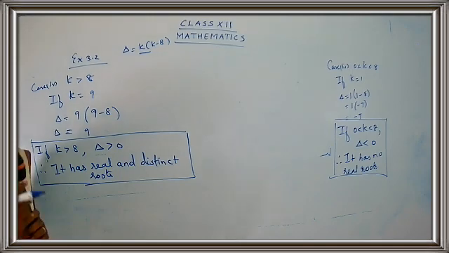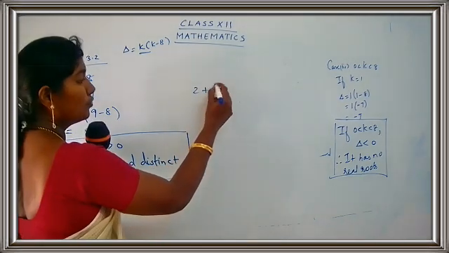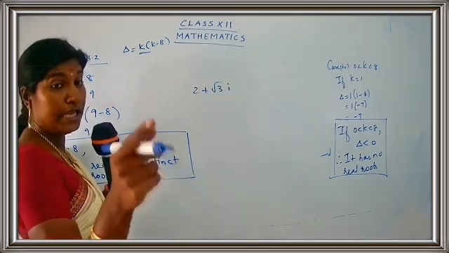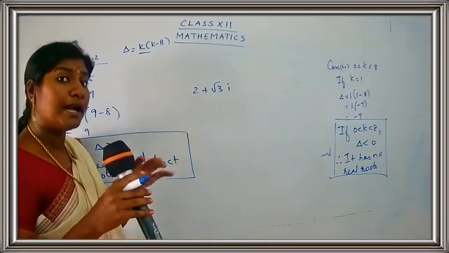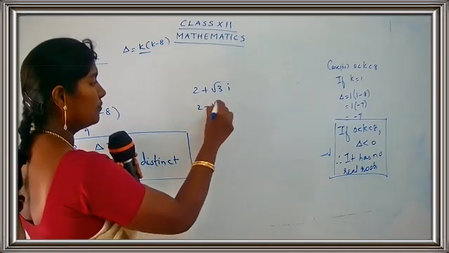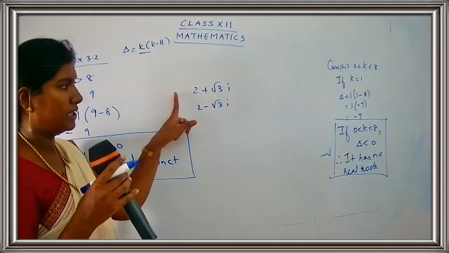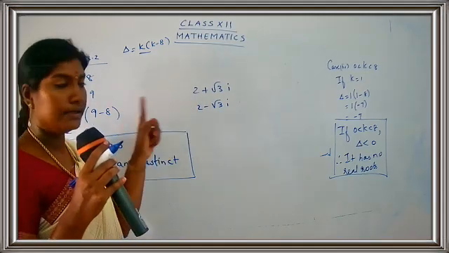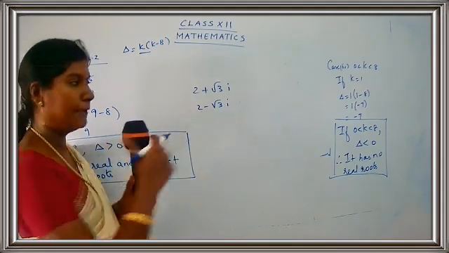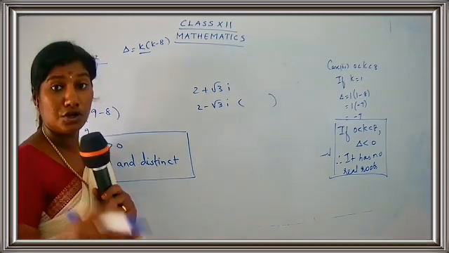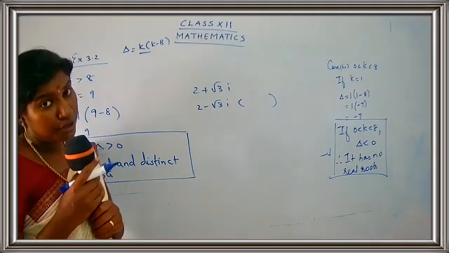Yes. So what is given to you? 2 plus root 3i is a root. So if this is one of the roots, what will be the other root? The other root will be 2 minus root 3i. So you can say one root is 2 plus root 3i, and the other root will be 2 minus root 3i. You can mention the theorem here: complex conjugate root theorem. I'm just giving you the hint how to solve, children.